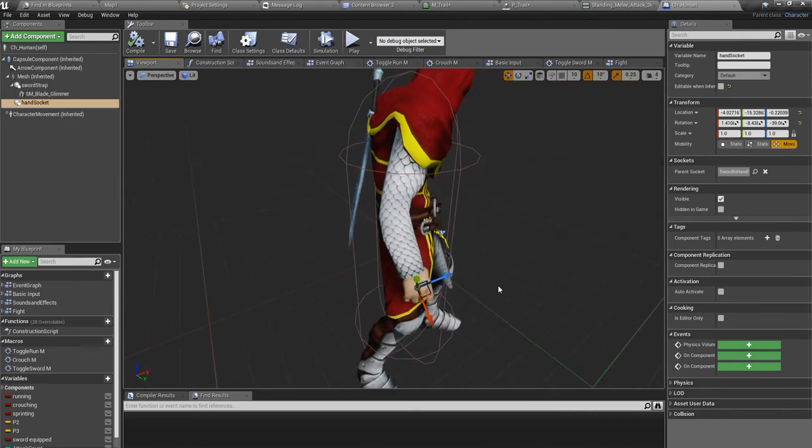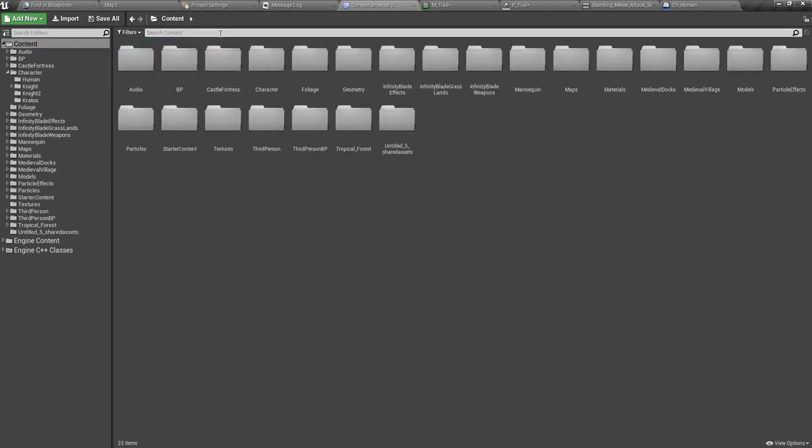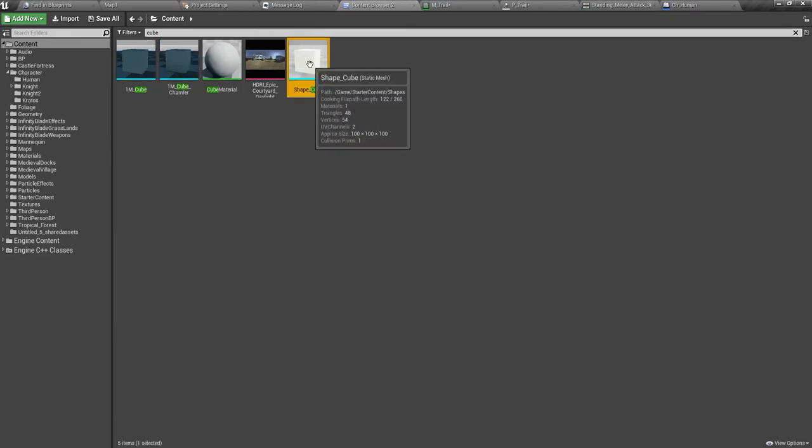Then I'll add the AnimTrail there, right? So then I need a cube shaped skeletal mesh. Let's see if we got one. Okay, we have this cube,